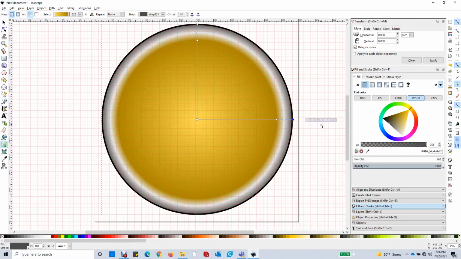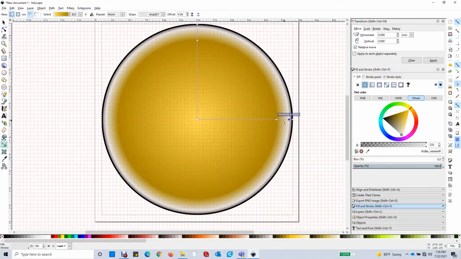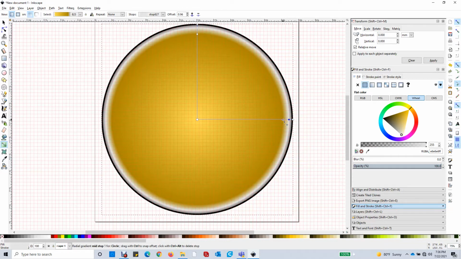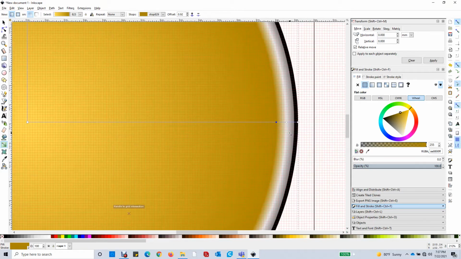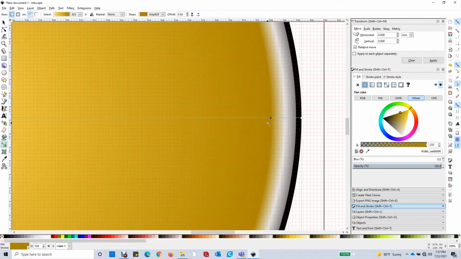So now that I've done that, I'm going to take this dot and slide it over like that, and take this dot and slide it over like that. And you see now we've got this kind of like a ring around it, which I think looks pretty cool. But I could change it more than that if I wanted to. I could add more dots in there and throw in more varying colors. So I'm going to hold the control key and zoom in and just kind of show you what it would look like.